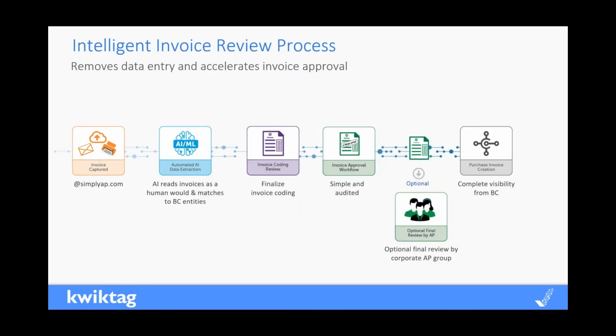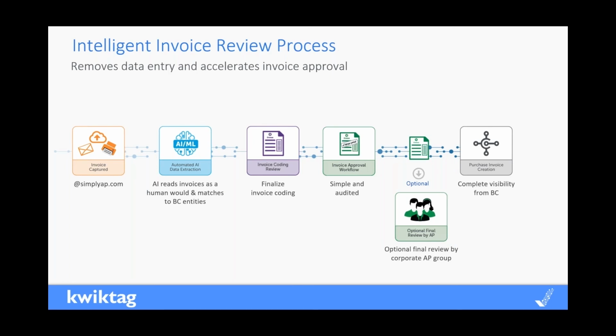The next process here is very similar to what I just described, but now it may not be a purchase order invoice, but an invoice that doesn't have a purchase order. Same process: it's going to come into the system very fast and extract that data. But now this is where the AP team comes in, and it's that shift I mentioned earlier, where the AP team is not doing a lot of data entry, but ideally validating what data was extracted by the AI, right?